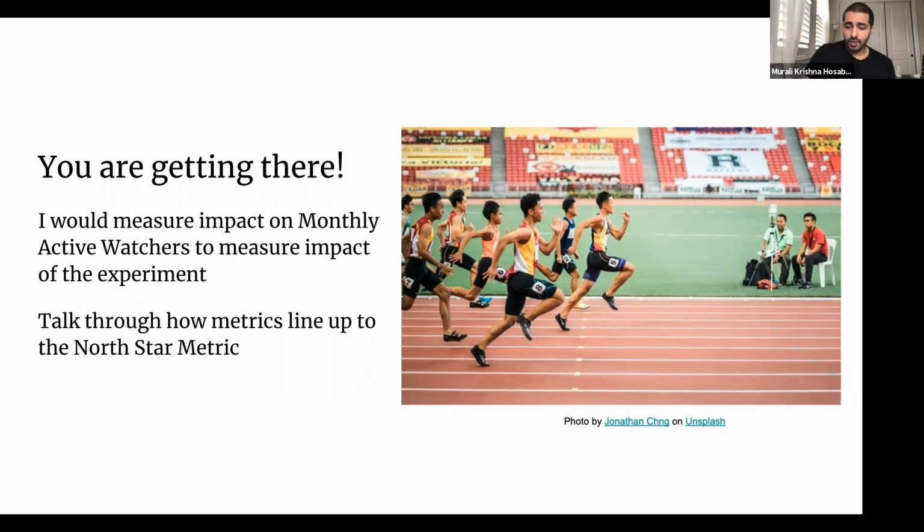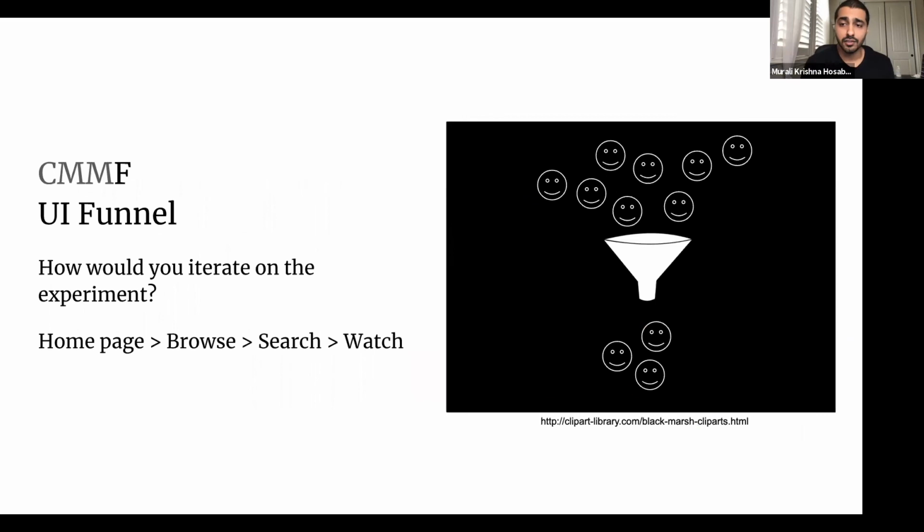All right, so once you have this, you're almost there, but not quite there yet. You still need to think about one of the most important parts of this answer, which is what was the actual feature that was shipped in the experiment. And so a good way to structure that portion of the interview is to think about it as a UI funnel, meaning the homepage sits at the very top of the funnel in this case, where people are landing on